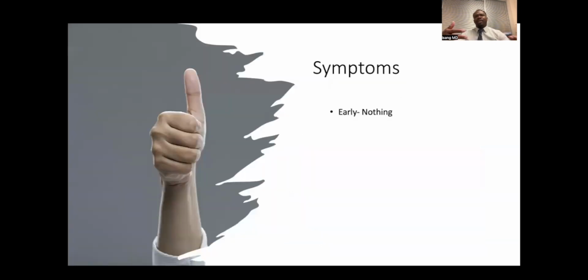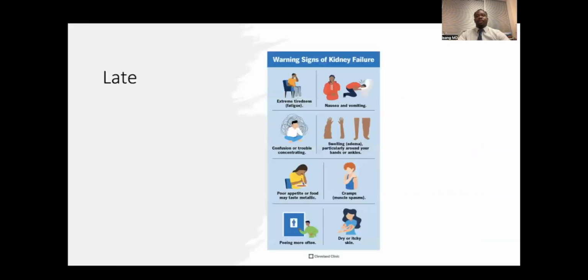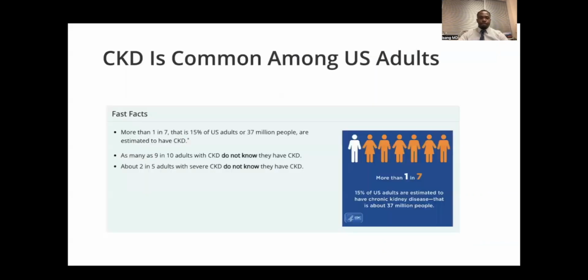So someone has chronic kidney disease. One of the biggest issues is that in the early stages of it, you don't really have any symptoms at all. It is not until people have had it for several months, several years, decades, that they finally come in to be seen and treated. Unfortunately, that may be a little bit too late once again to reverse it. But the symptoms we see at that time are tiredness, leg swelling, decreased appetite for foods, and cramps.